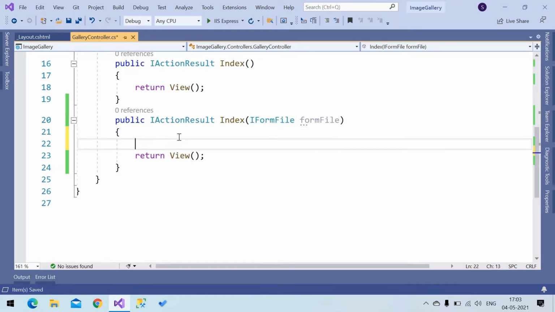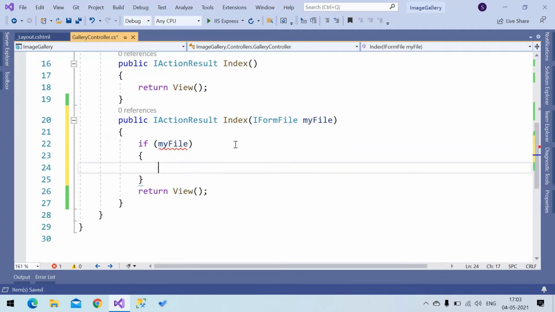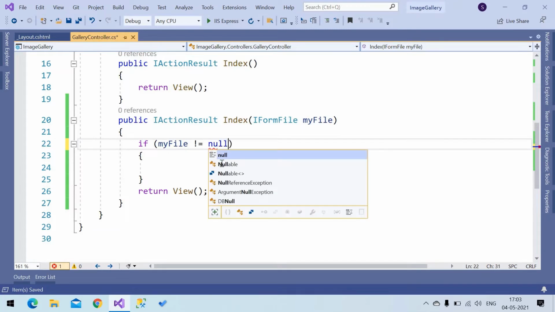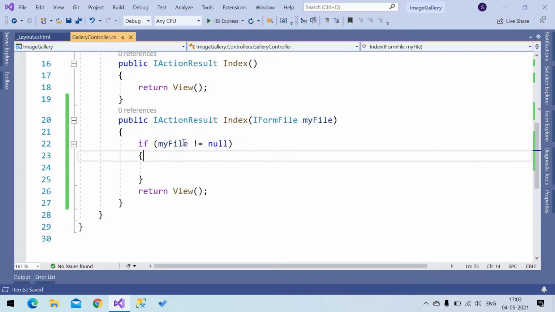Let's add the functionality. If the file is not equal to null, then we are going to save it.